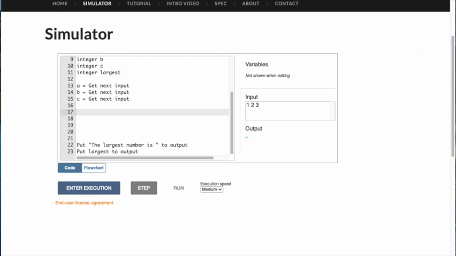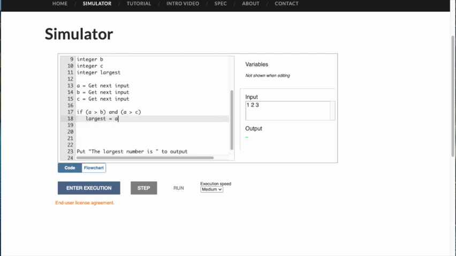So we're going to have to use an if statement. So if I say, okay, this is A, B, and C. If A is bigger than B and A is bigger than C, then I automatically know that A is the largest. Does that make sense? So let me write that out. If A is greater than B and A is greater than C,